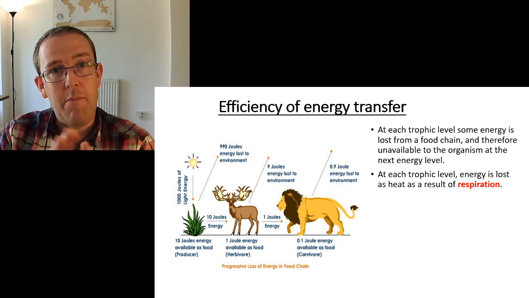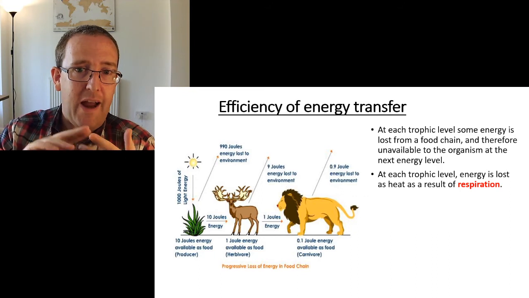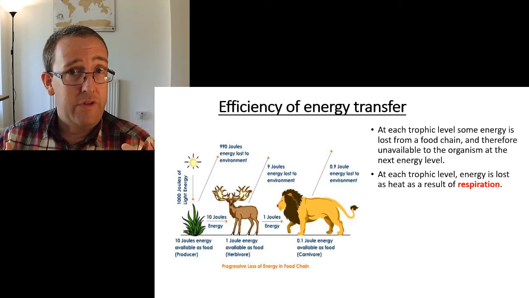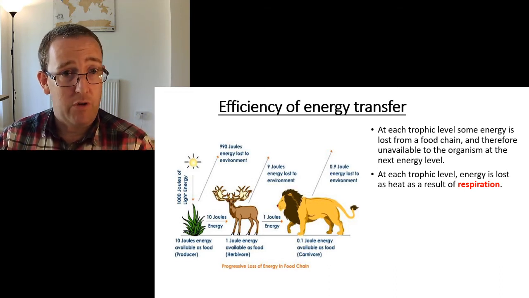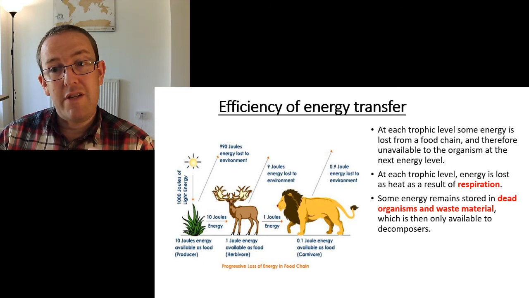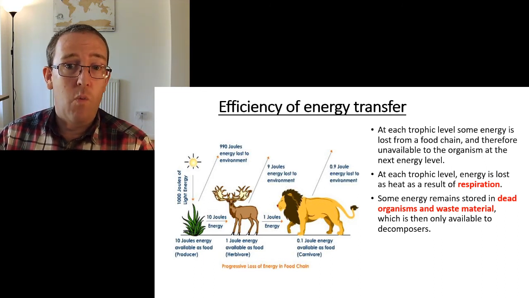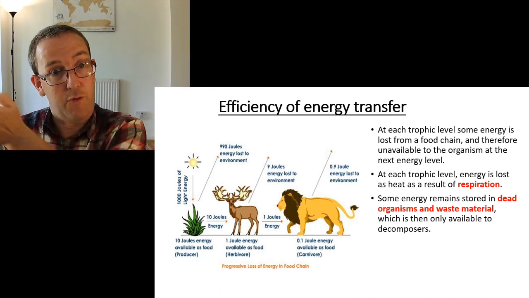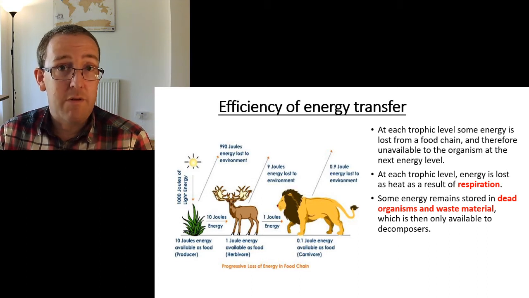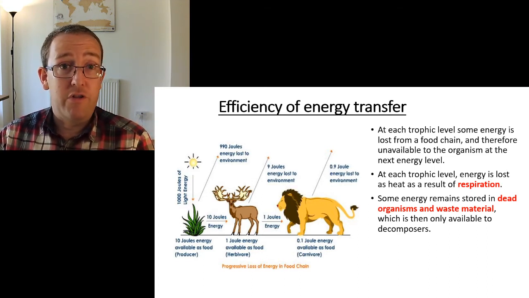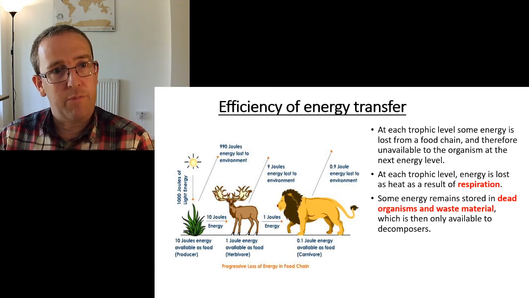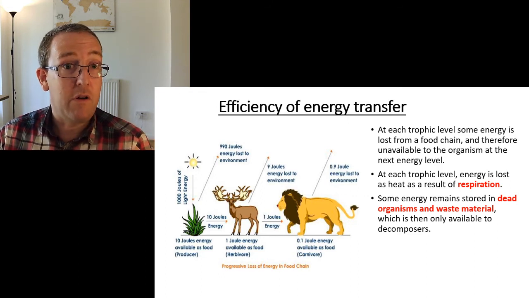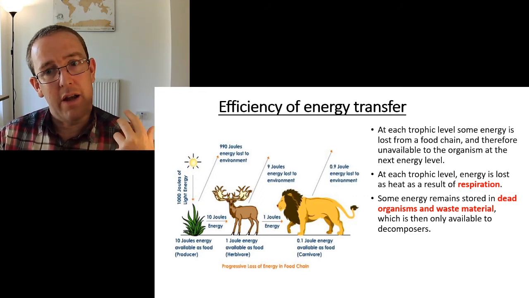Okay, so that'll get you a mark. You can't have movement and keeping warm like you might have done at GCSE. No, you've got to be more high level than that. So these are all called respiratory losses. Another place where they're lost, obviously, is in dead organisms and waste material. So when an organism dies and it's consumed by decomposers, that energy is lost to the food chain, to the top predators. Waste material, so animals' waste products, do have an energy value. It's why lots of places can burn dry dung and get an energy value out of it. It's why dung beetles exist, because there is an energy value in waste products.